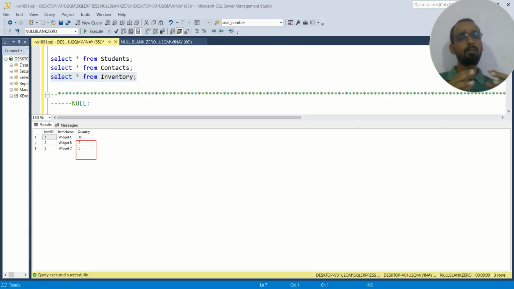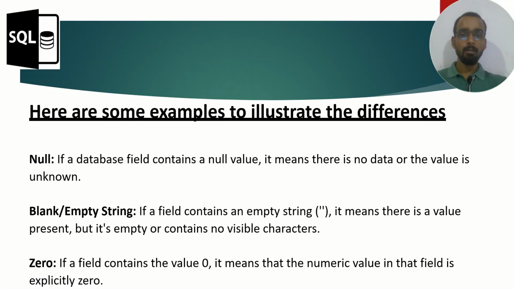So till now you have cleared this, and I would like to say something. Don't get confused, just stay with the basics. Like 0, it is a numeric number, so don't get confused over there. And you have to clarify your basics about null and blank. That's it. Just have a quick revision over here.